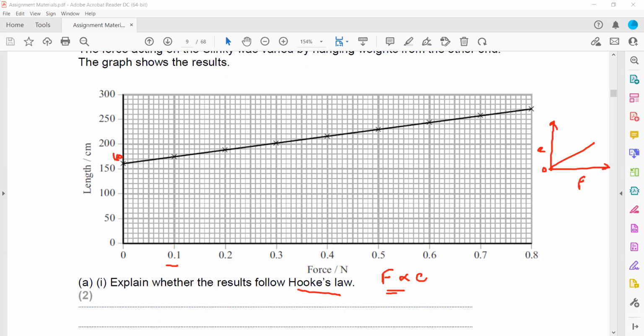It is a straight line with a constant gradient, so the extension, or the change in length, is also increasing at the same rate. We can say force and extension are increasing together. So it means it will obey Hooke's law. So the answer is yes here, not no. Why? Because Hooke's law states force and extension are directly proportional. This is a graph for force and length. So using the length, you will determine the extension, and using the extension, you can work out whether it is obeying Hooke's law or not. So we will say yes. It is a straight line,